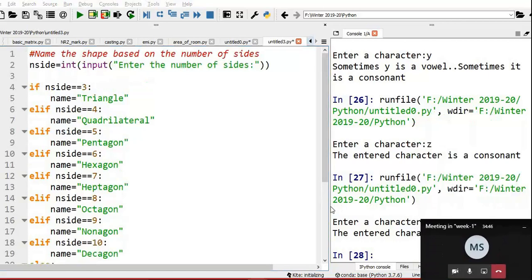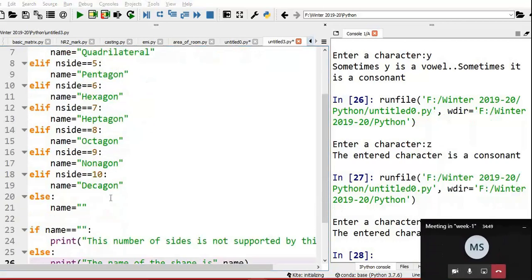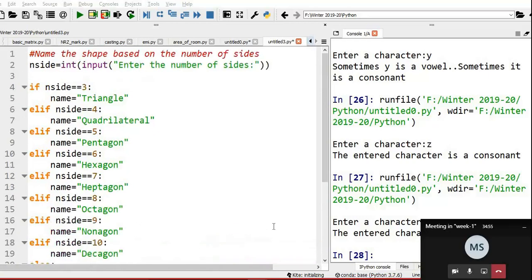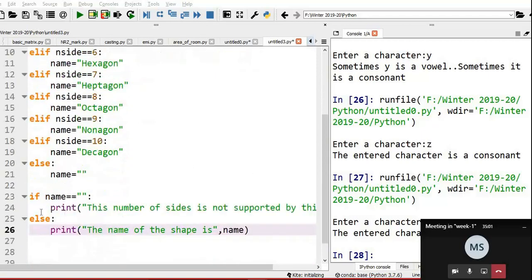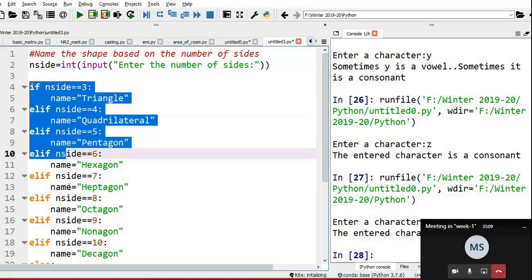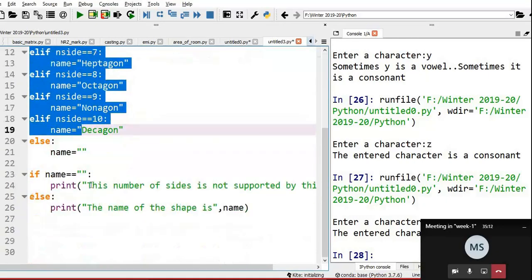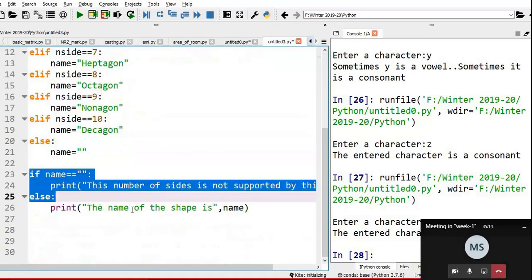So that's what I said. It's up to you. If you are using print, you are done here itself. These additional things are not required. Since I am explaining if else, I wanted to use if else many times. That's the only intention. Here there are multiple alternatives, whereas here only two alternatives.